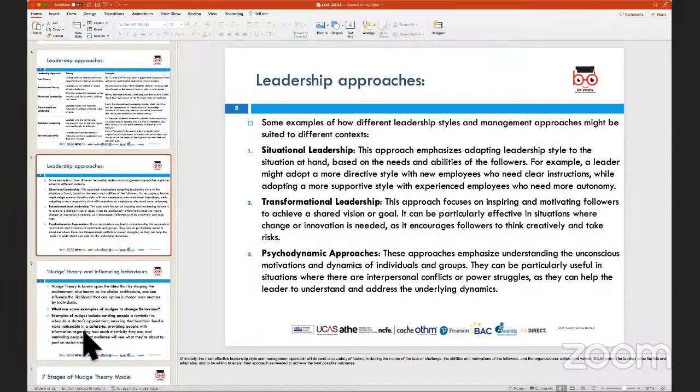Then we look at psychodynamic approaches. In these approaches, the individuals within the organizations are generally asked to embrace change on the basis of incentives, motivations or rewards being put in place. If you look at Maslow's hierarchy of needs, there are different needs for different individuals. And when we talk about psychodynamic approaches, the organization would primarily look at